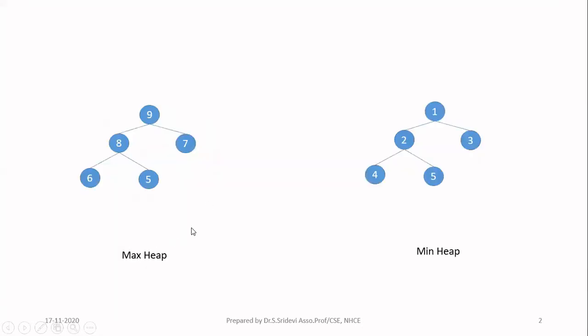Now let us see one example so that you will understand. So here, whatever is shown on the left hand side, that is a max heap. First you have to check whether it is following the property of a complete binary tree. Complete binary tree means other than the last level, all the remaining levels must be completely filled. So how to know whether a level is completely filled? We know the maximum number of nodes we can have at a level. The formula is 2 power i.